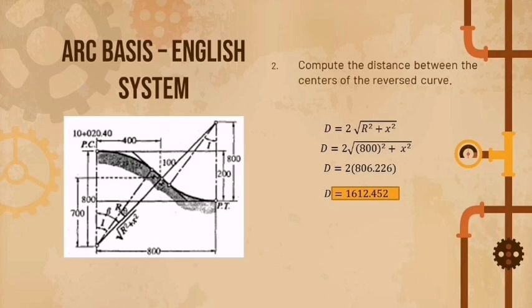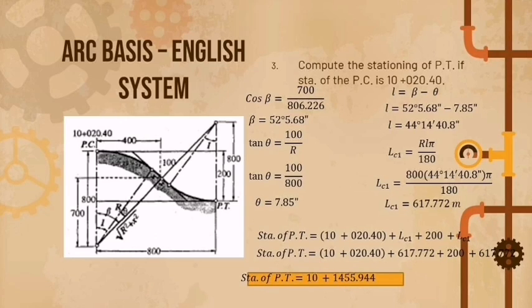So mag-i-stay yung sagot po na D is equals to 1,612.452. So sa number 3 ng arc basis English system, ang involved lang sa problem na to is radius, at hindi po ulit mababago yung radius natin, which is 800. Hindi involved na naman ng degree, so mag-i-stay lang po ulit siya sa answer ng station of PT is equals to 10 plus